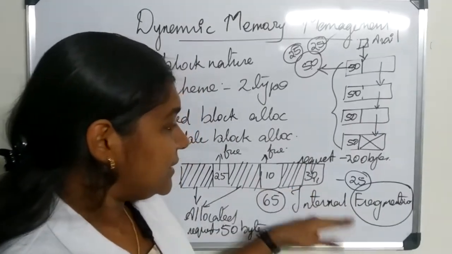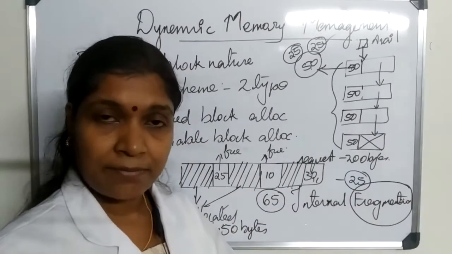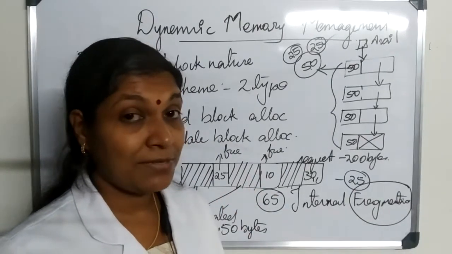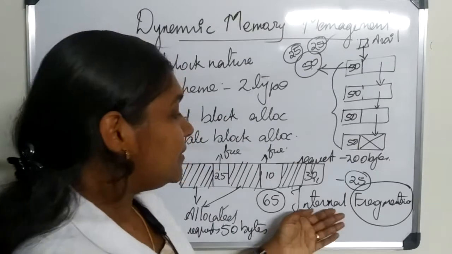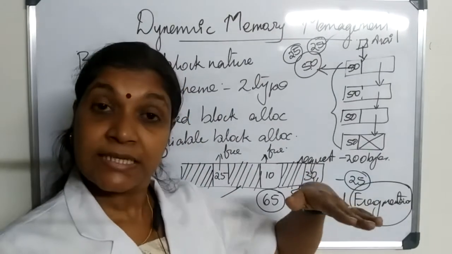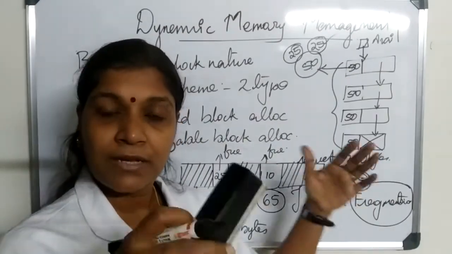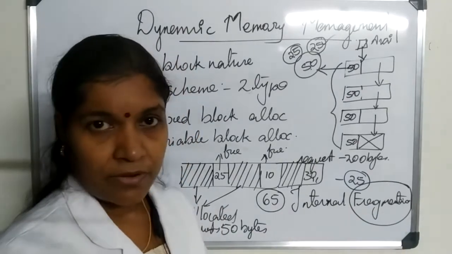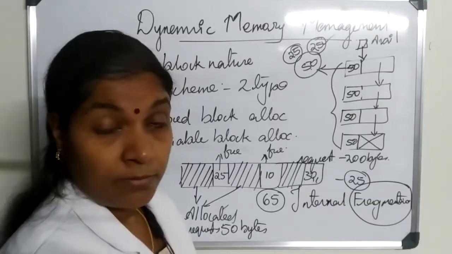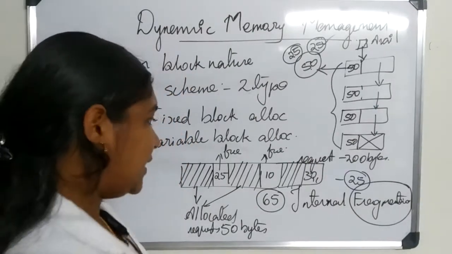And if the level of this internal fragmentation exceeds a particular limit, then our system will slow down and it will hang. There are two types of fragmentation, and we are coming to that point. All these problems will occur. So this is the problem of fragmentation. We will come into that.